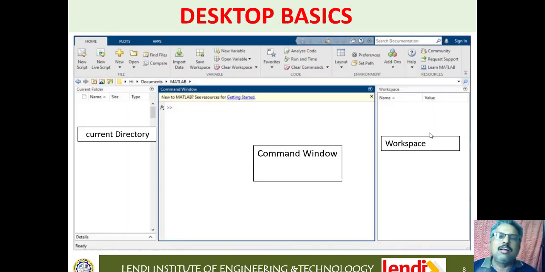Now coming to the desktop basics. This is the total layout of MATLAB. The MATLAB desktop contains Home, Plots for plotting diagrams, Apps, and several menus. You can observe all these menus and understand them easily. There is New Script, and I will explain all these things later. Now particularly we will discuss